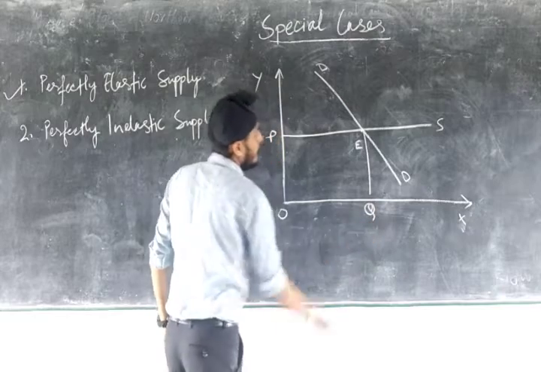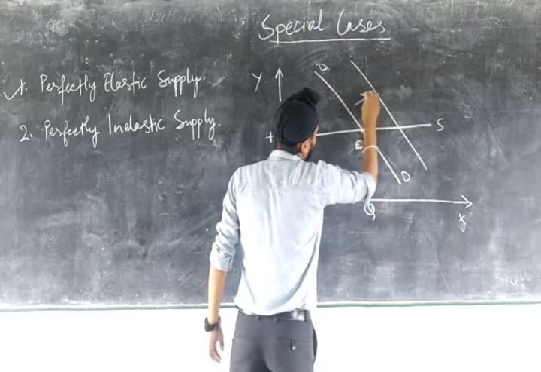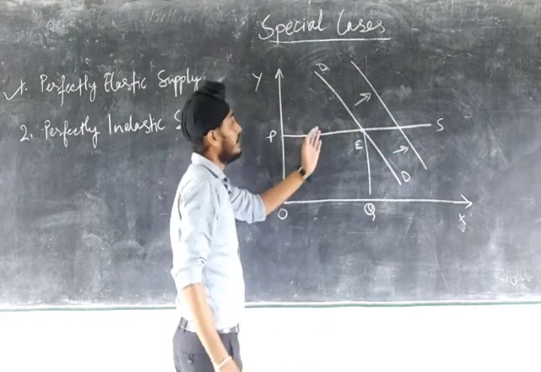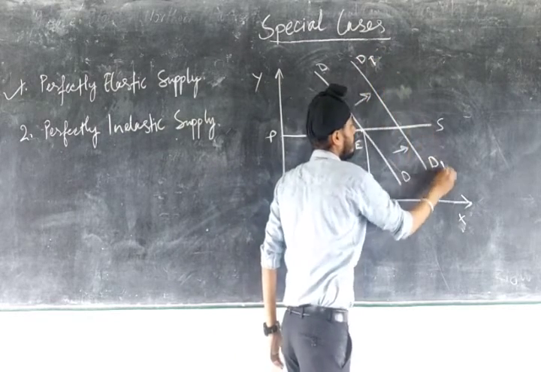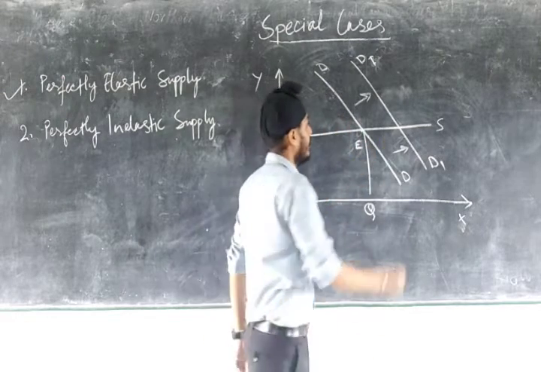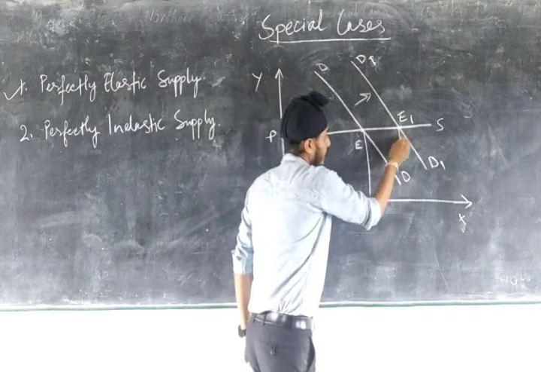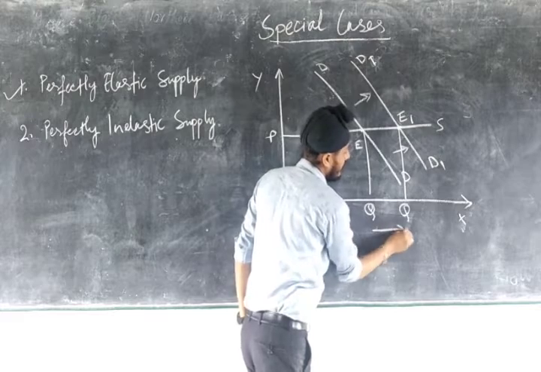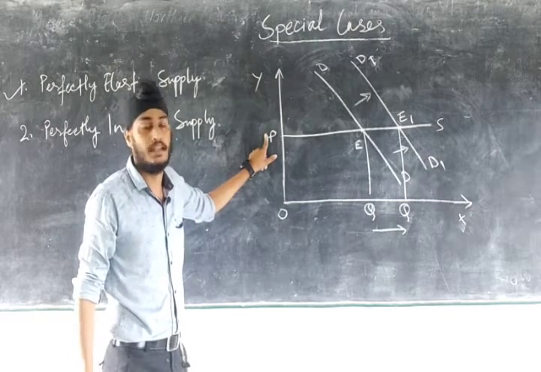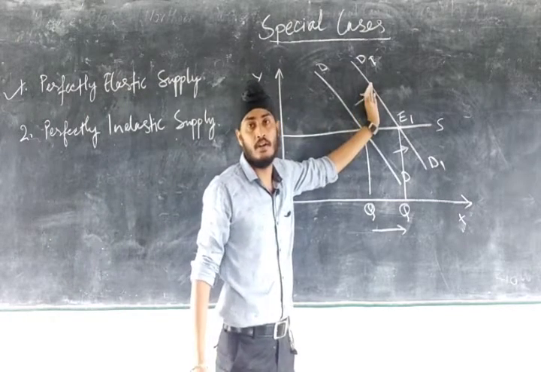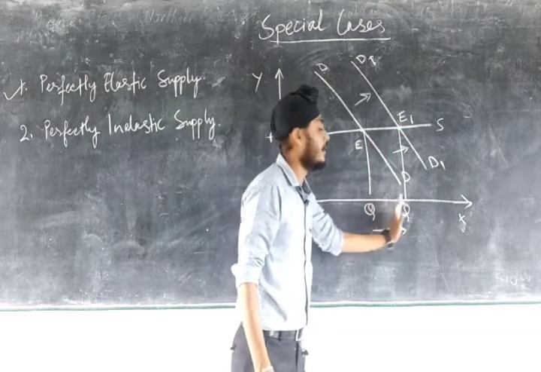So this is quantity. Now if I increase the demand, it shifts towards right. Now if there is increase in demand, that is D1, and D1 is your new demand curve when it is increased. So you can see that equilibrium point shifts towards right, that is E1, and you can see we got an increase in equilibrium quantity. Clear? And price remains constant. There is no change in price. Clear? So what happens when I increase the demand towards right? The equilibrium point shifts from E to E1 and there is increase in equilibrium quantity, that is from